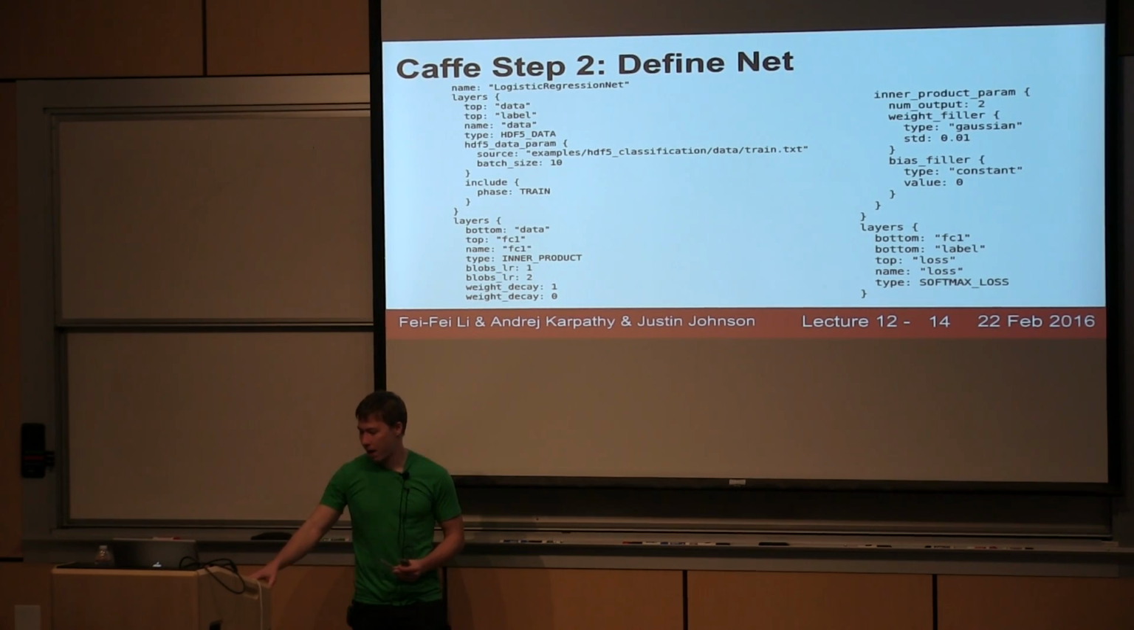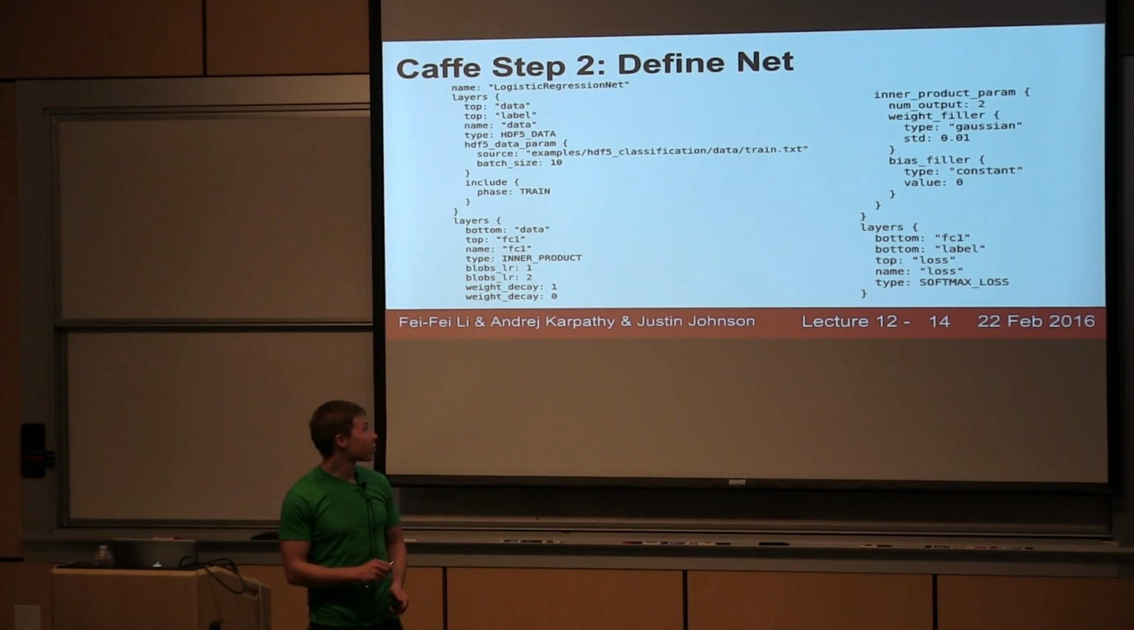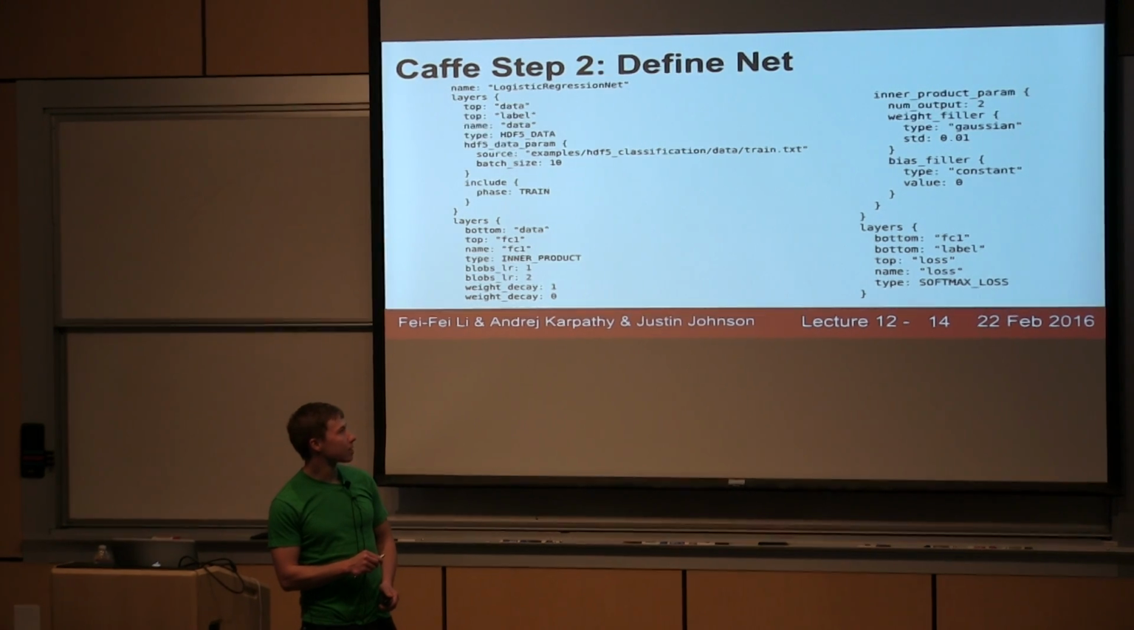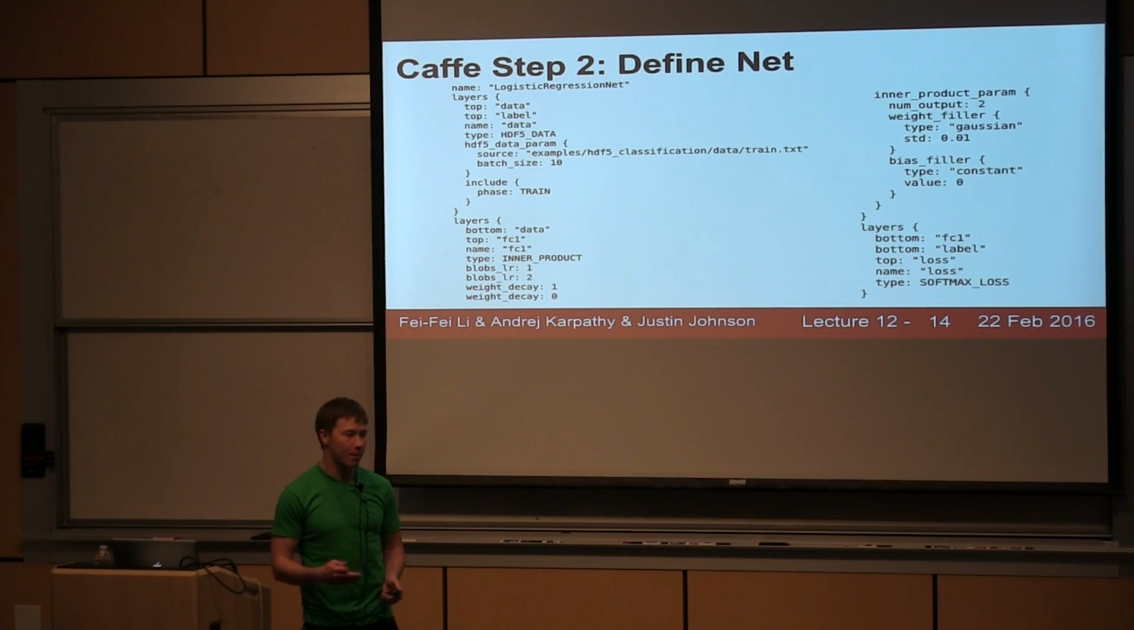So step two for Caffe is to define your net object. So like I said, you'll just write a big proto-txt to define your net. So here, this just defines a simple model for logistic regression. You can see that I did not follow my own advice, and I'm reading data out of an HDF5 file here. Then I have a fully connected layer, which is called inner product in Caffe. That fully connected layer tells you the number of classes and how to initialize the values. And then I have a softmax loss function